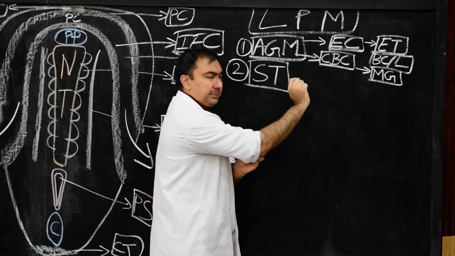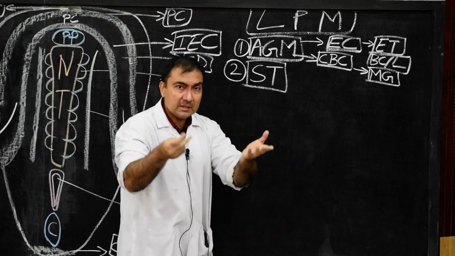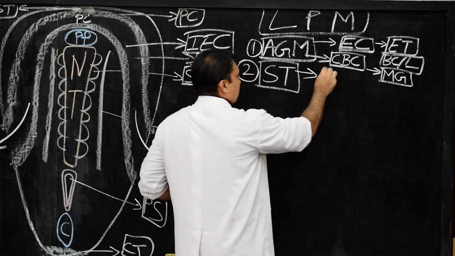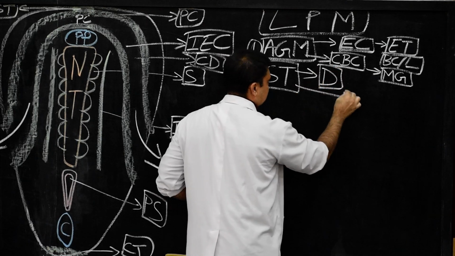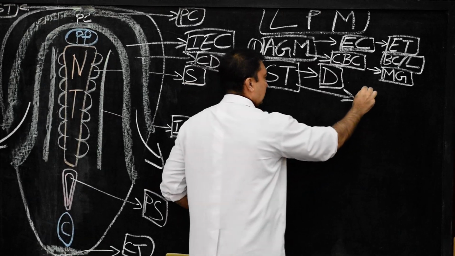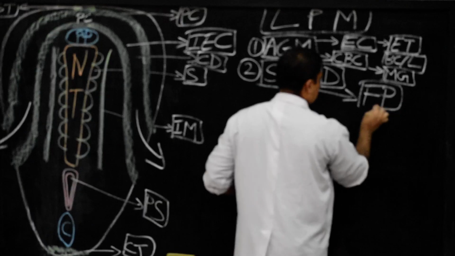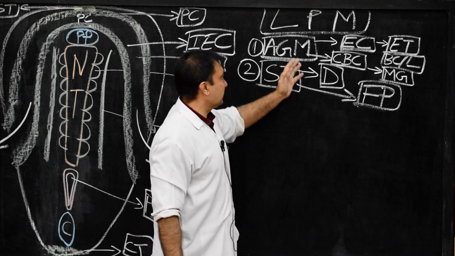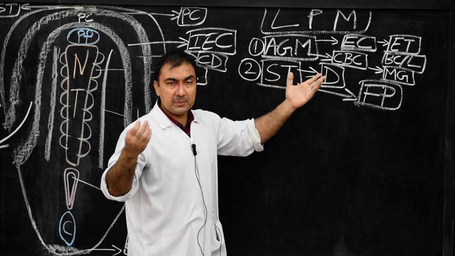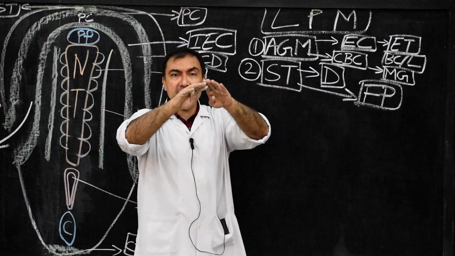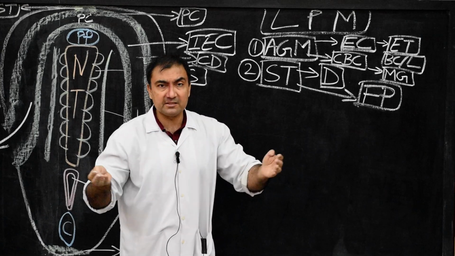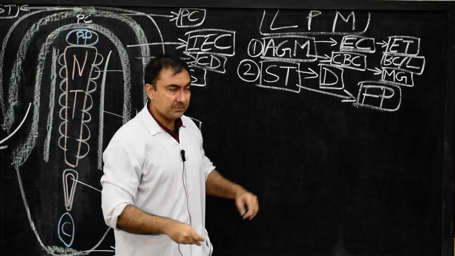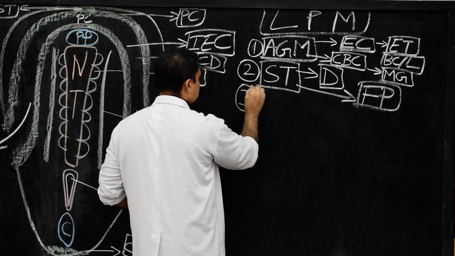So this septum transversum will develop into the diaphragm, and second structure, very important, the fibrous pericardium. Many times this is asked in MCQs, the fibrous pericardium, that is from septum transversum. Septum transversum is from lateral plate mesoderm. Which portion of lateral plate mesoderm? That I have already explained to you. The portion of lateral plate mesoderm with the pericardial cavity, in which there is no extension of the intraembryonic coelomic cavity. Very simple. So this is septum transversum. Now the third structure from lateral plate mesoderm.